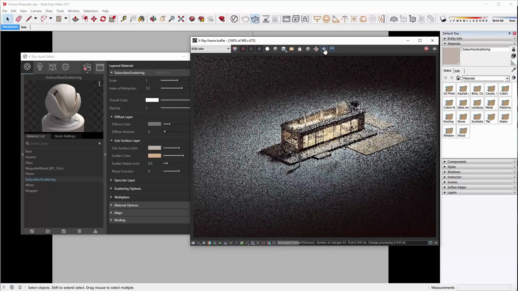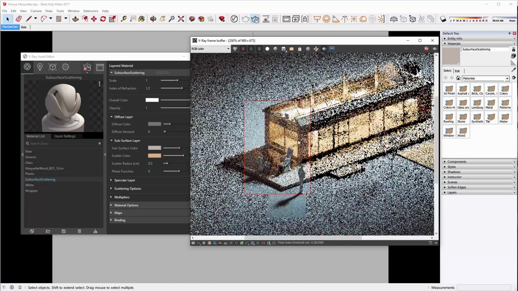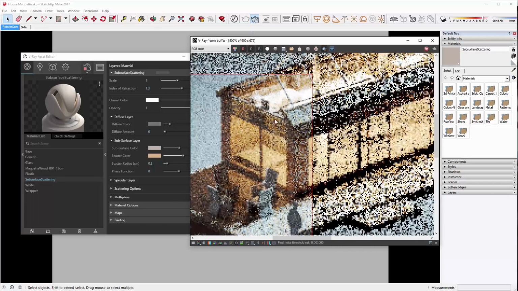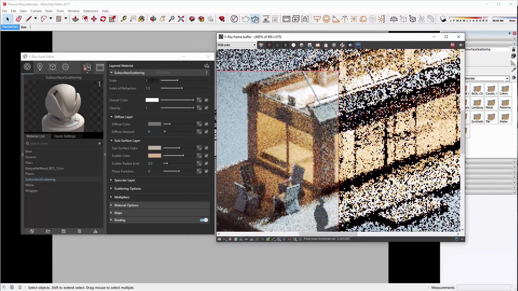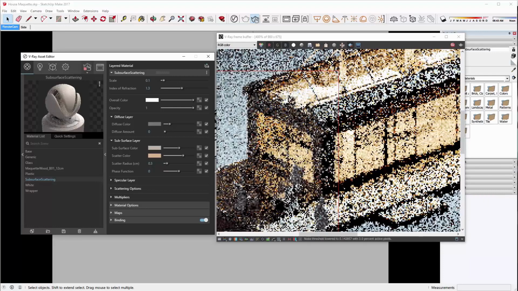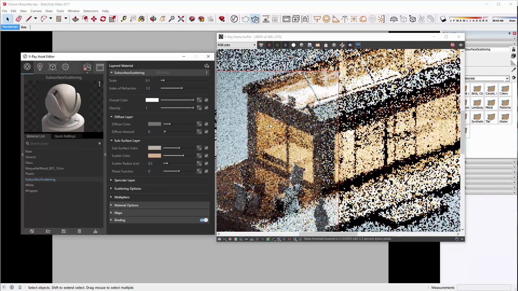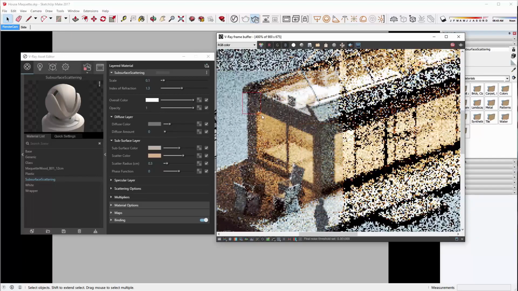I'm going to make again a small render region near the house so we'll be able to see very easily the changes that we make. And we can now see that the SSS material is actually working. So let me just change a few settings here. Let's change the scale. And if I lower the scale to, let's say, 0.1, then the SSS will be nearly invisible. You might not be able to see any SSS at all. So you can control the amount of SSS with the scale.